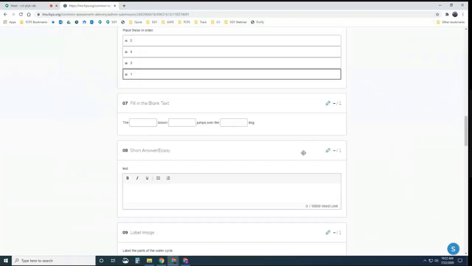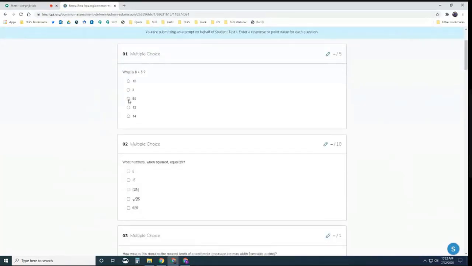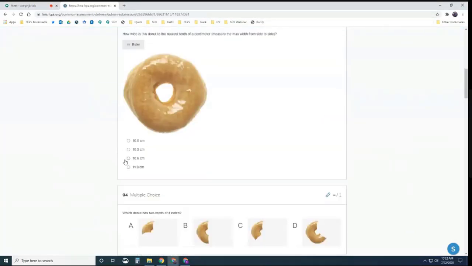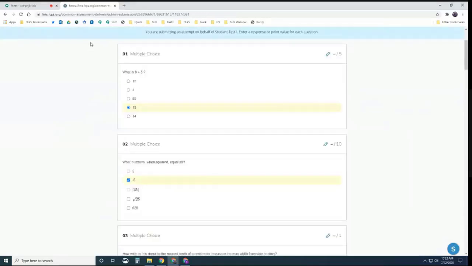It shows it on one big long page, probably a little faster for you than going page by page through it. And you can respond for the student, based on their, I guess, verbal responses or however that needs to be done. So you can also, maybe a student started an exam, but it was a week ago. They were sick for a week and they want to start fresh. You can